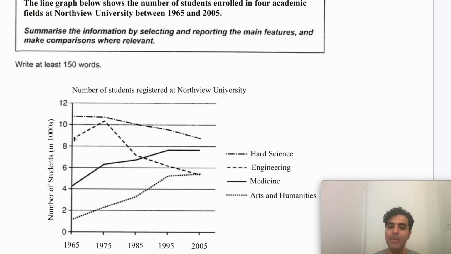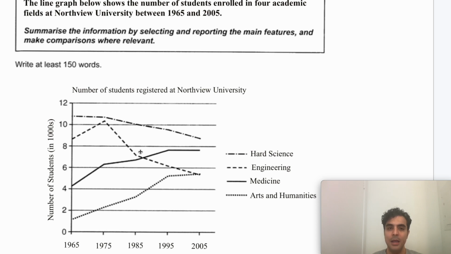Okay, what happened to the number of students who were enrolled in engineering majors? Well, it increased from 1965 to 1975. How much did it increase? It increased from over 8,000 to over 10,000 students. Okay, let me see if I can put all of this together in a sentence. I can say the number